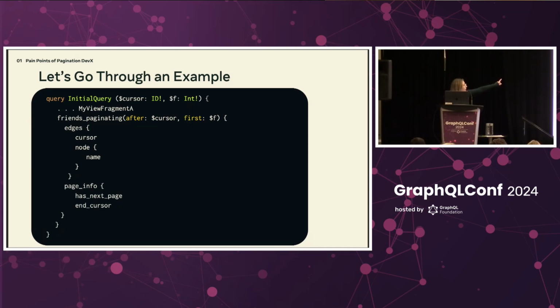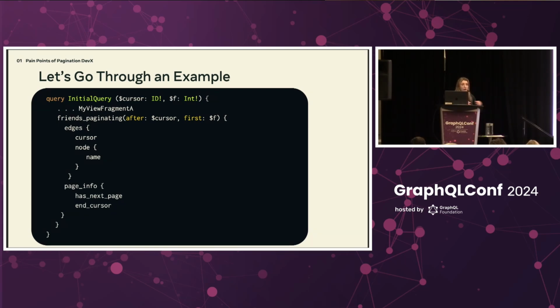But look at the top. I have a fragment spread here for my view fragment. That's because in practice, in production GraphQL, that paginable list is not going to be the only thing that I need to fetch specifically for my UI. I might want to fetch information about what the headers should say, descriptions. Maybe I'm using GraphQL to determine how I should even be rendering this and have the server let me know. So if I want to start executing tail loads or paginating, this query is now more expensive than I